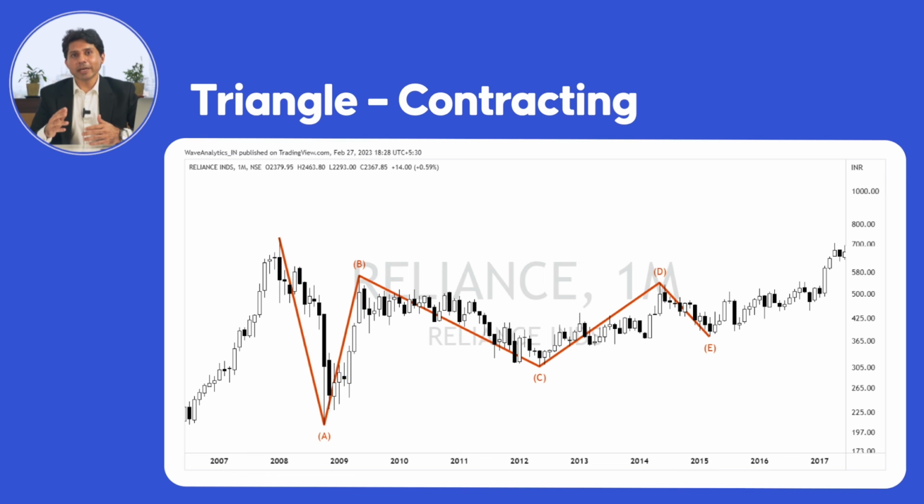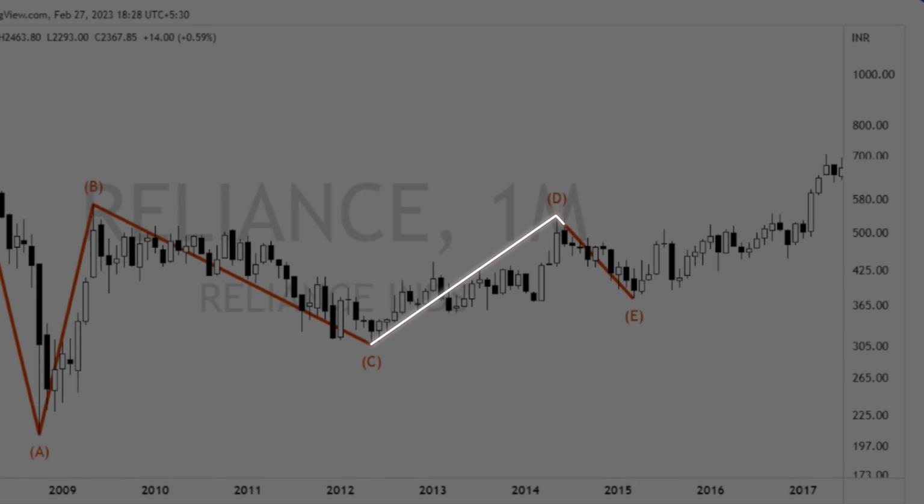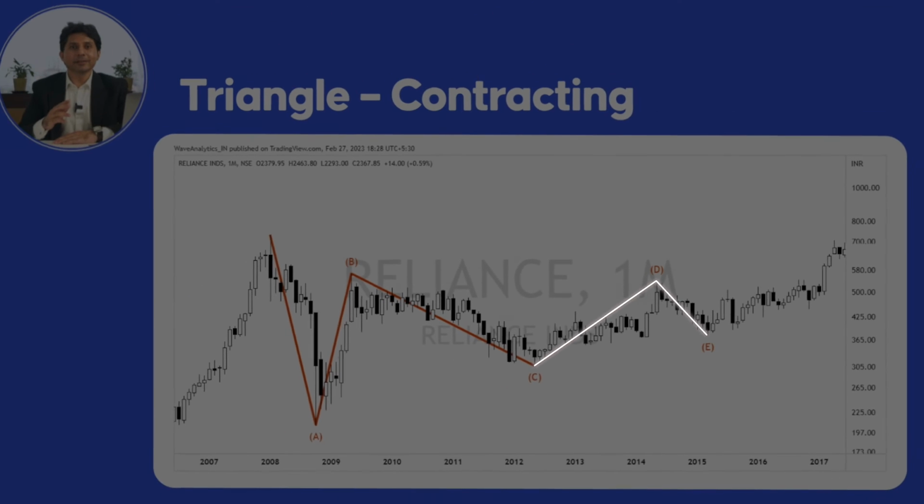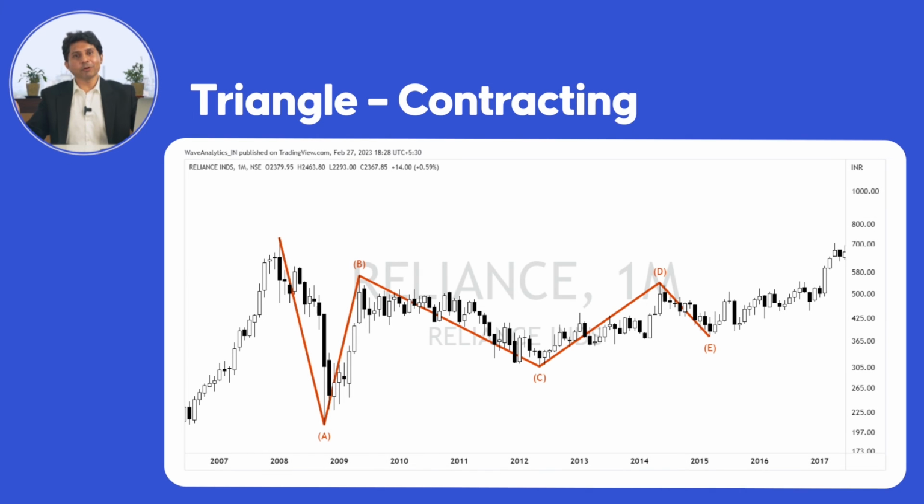It took a very long time to form wave D and E. So it's a nearly 7-year formation. It was not an easy formation to stick to even as an investor, forget the traders who were pretty much trading the stock daily. So as you can see, this was pretty much the most iconic formation of a contracting triangle. And till date, it has been discussed a lot.